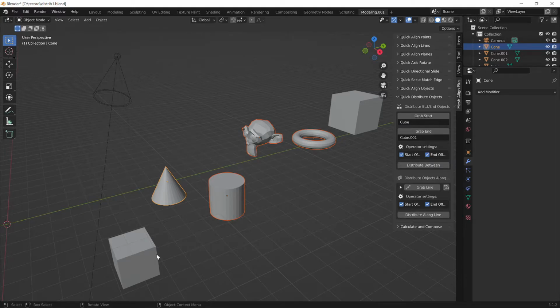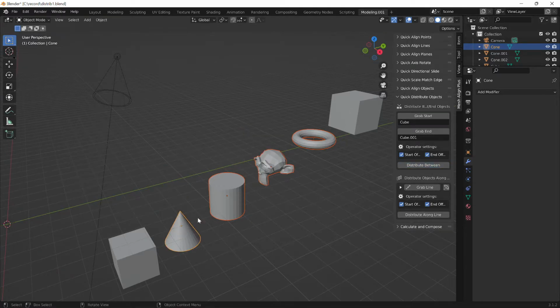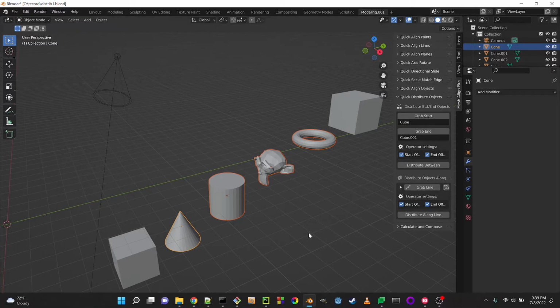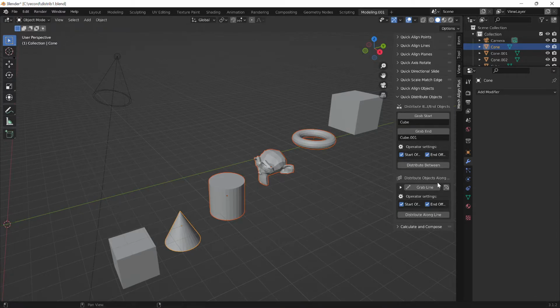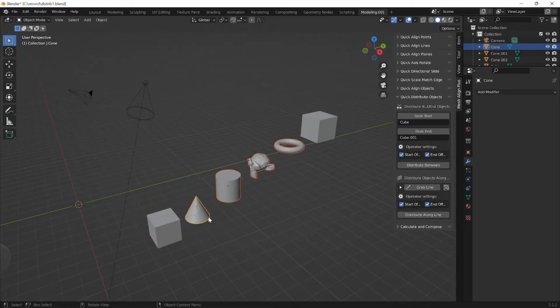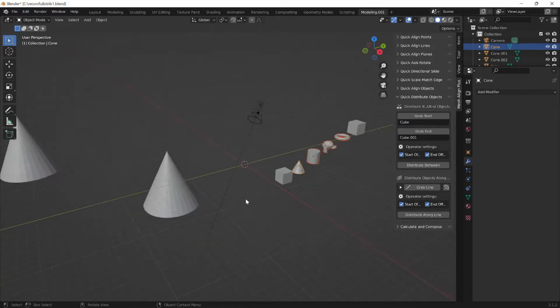orders the objects by how far away they are from the starting point in the direction of the endpoint. So if I swap these two items around and distribute again, you'll see that they're ordered correctly. So again, it uses the distance from the start object in the direction of the ending object to do the object ordering. So that's how that works. Now let's look at